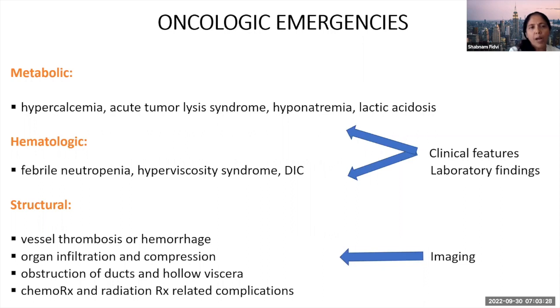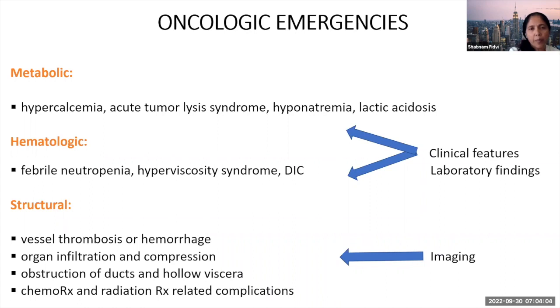In the emergency room, metabolic and hematologic oncologic emergencies are diagnosed predominantly on the basis of clinical features and laboratory findings, and these are listed on the slide. Imaging actually plays an important role in structural evaluation, and CT in particular is helpful in the evaluation of vessel thrombosis or hemorrhage, organ infiltration and compression, obstruction of either hollow visceral organs or ducts, and treatment-related complications, be they